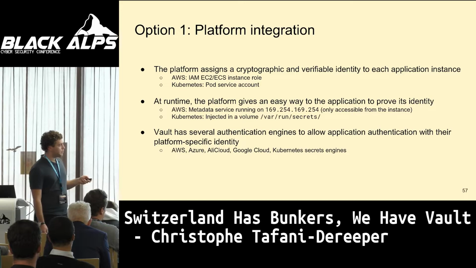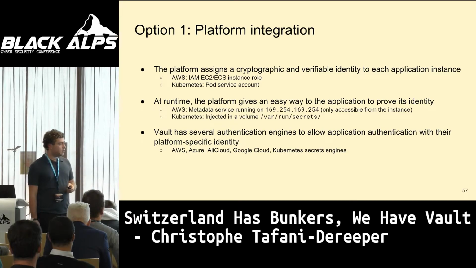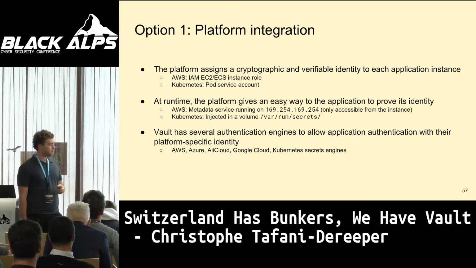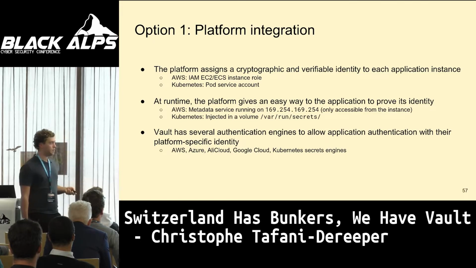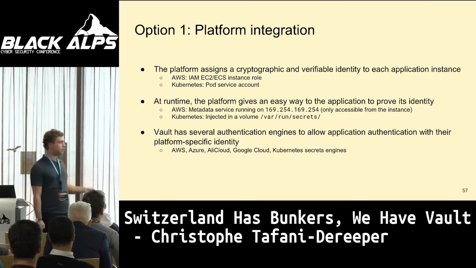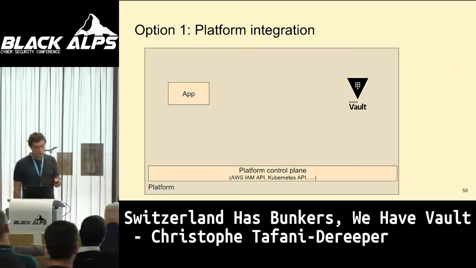In AWS, it's going to be by just making an API call to AWS, and this is the way you do it. So it's easy to use in a kind of workflow. You don't have a lot to do, but it has a lot of restrictions, because if you don't use something like AWS, Azure, Google Cloud, or Kubernetes, you cannot use that. So we have to find something else, but this is probably the best solution if you can use it. So this is how it works.